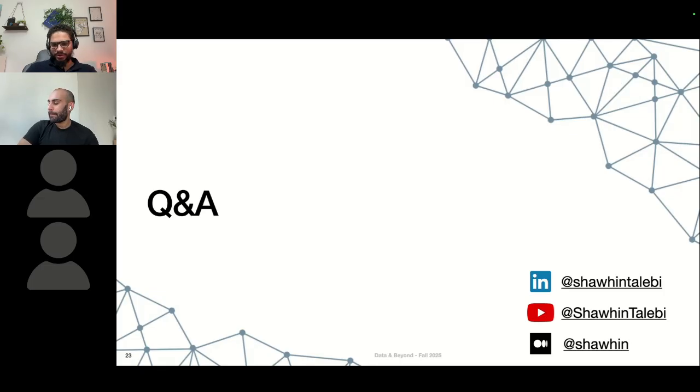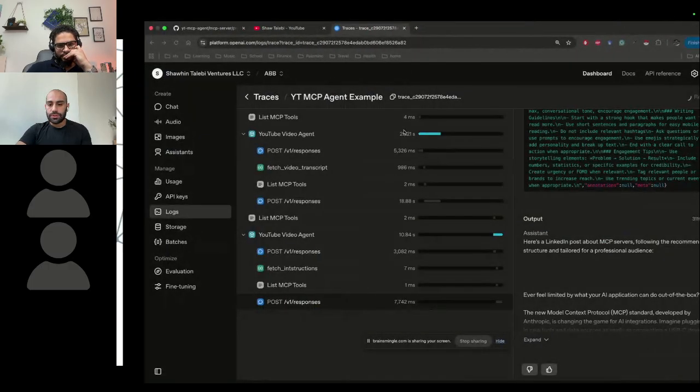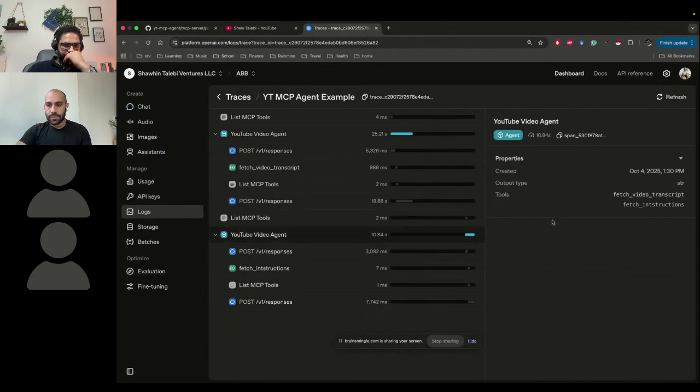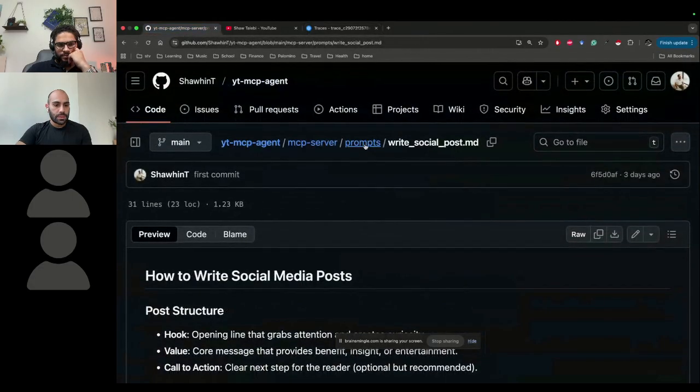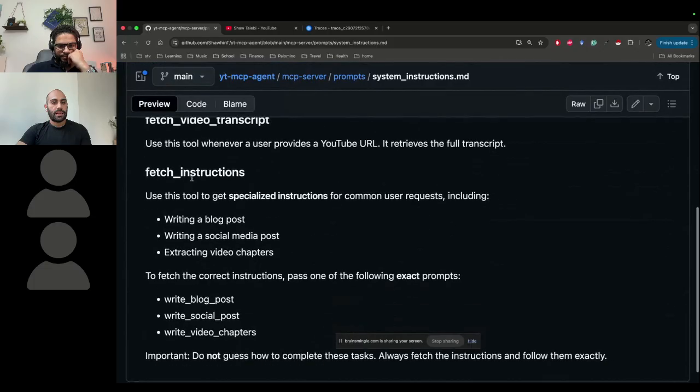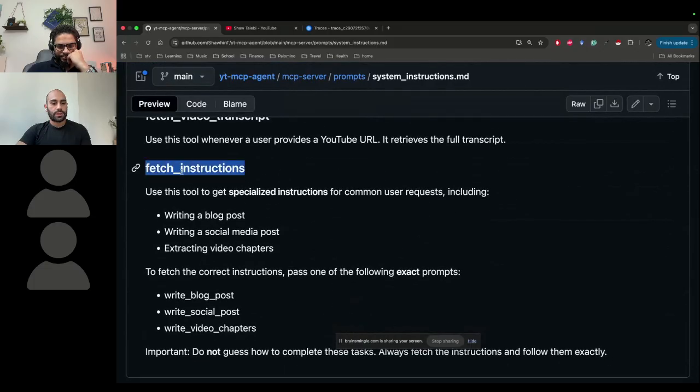How does the LLM get the right instruction for each client request? Yeah. So just how ChatGPT can handle arbitrary tasks, this agent will be able to handle arbitrary tasks. But if the user is asking for something specific, like write me a social post or whatever, in the system instructions, we specify that it has access to this fetch instructions tool.